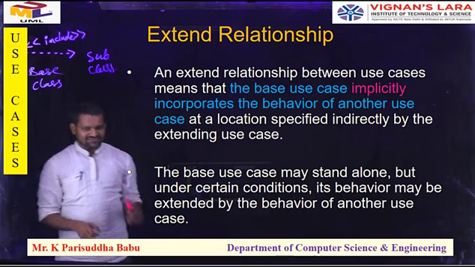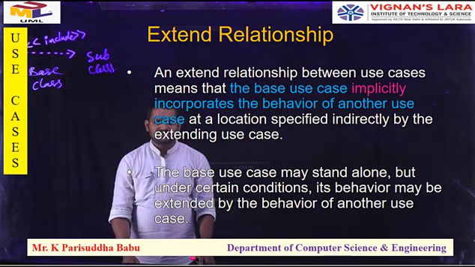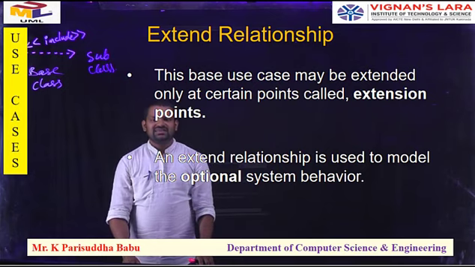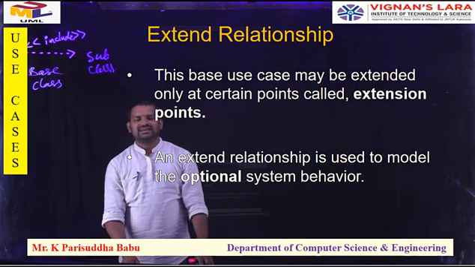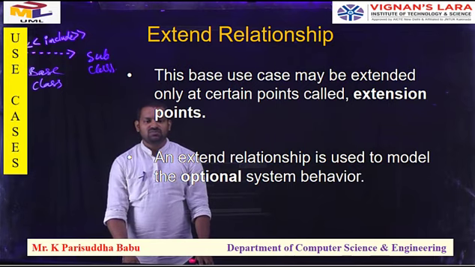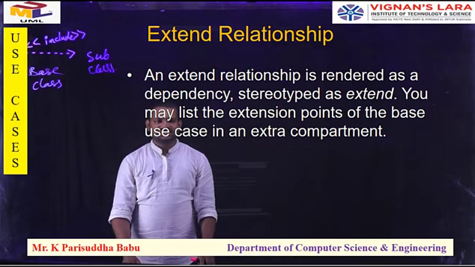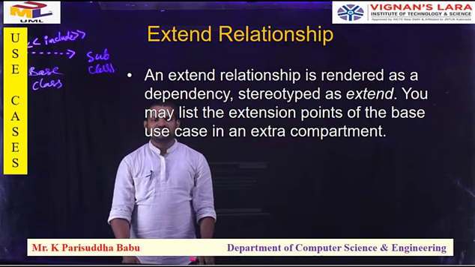Both are different. Okay. So the extend relationship is also with the help of extension, that is maybe optional. An extend relationship is used to model the optional thing. This extend relationship will also be rendered as a dependency,